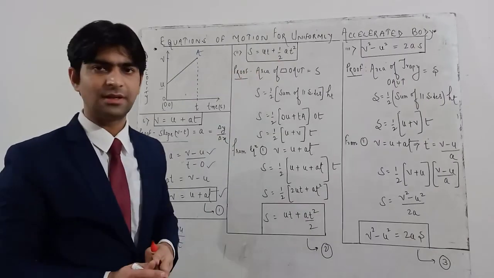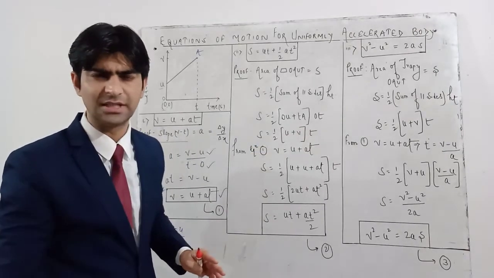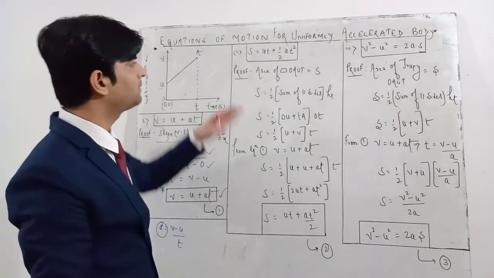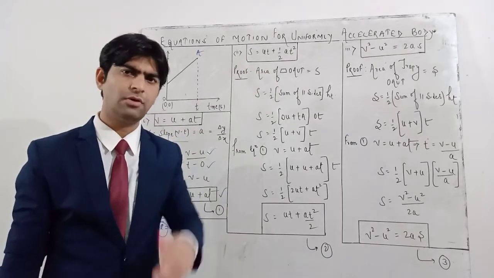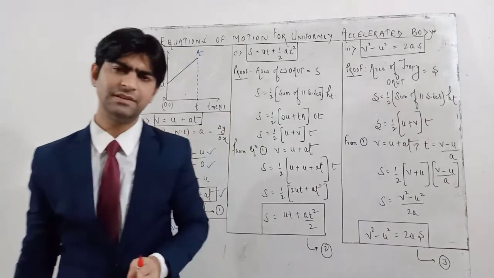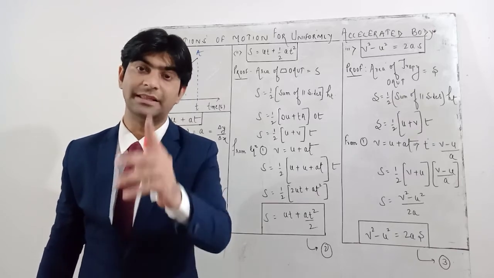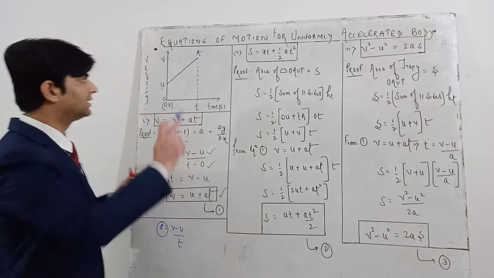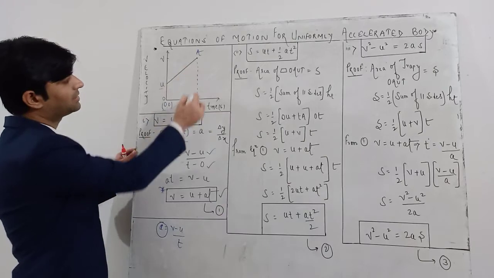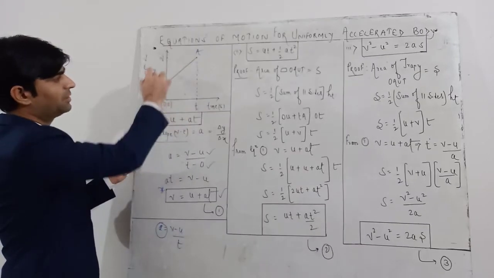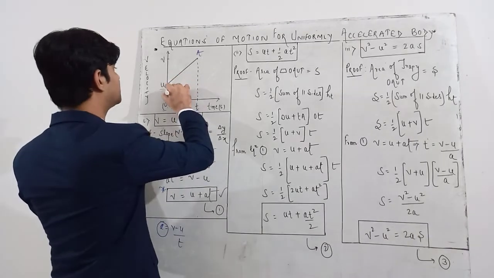S is equal to ut plus half at square. The second and third equations are very similar, with only one minor modification, so we will discuss that modification. S is equal to ut plus half at square, where S stands for displacement. Now if you remember from the previous lecture, from a velocity time graph, how will you calculate displacement? By finding the area under the graph. Now this is the graph, UA is the graph. I have joined this line also, A to T. Which structure are you able to see here? The area under the graph is indicating that this structure is a trapezium.